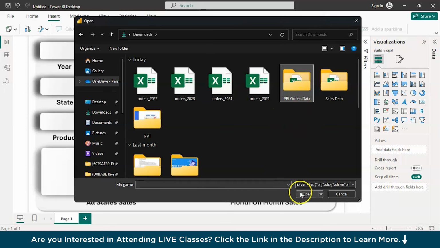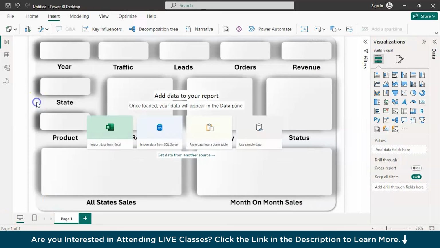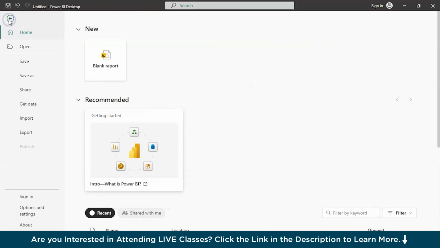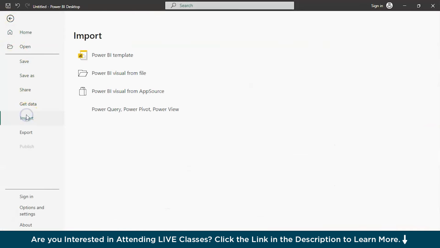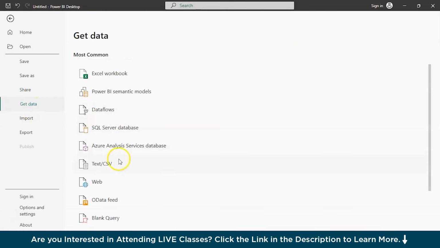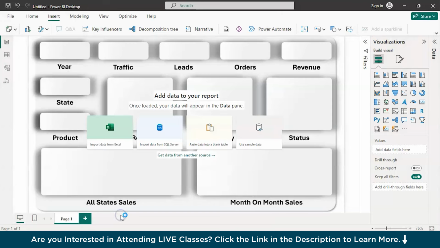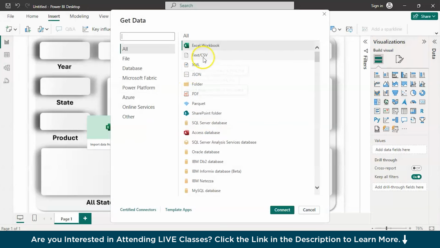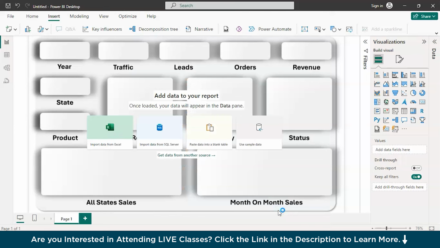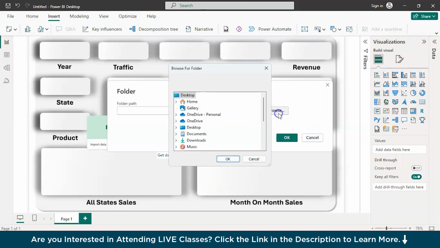So let's follow that particular option. To do that, go to File option, and here you can see Get Data. Go to Get Data to get started, and here you'll have a bunch of options. So you can directly choose an Excel workbook, text, XML. So we will choose the folder one. Right now, connect to the folder, browse, add the folder path. It's in downloads, and